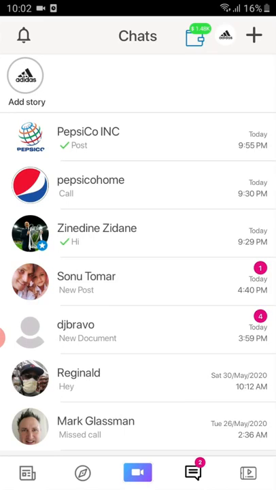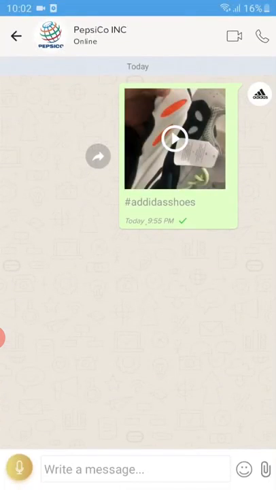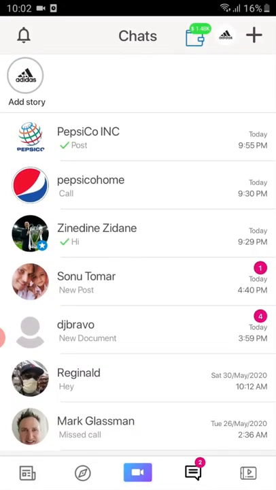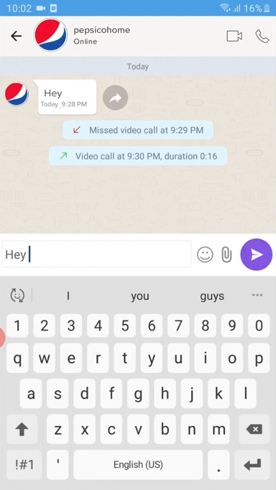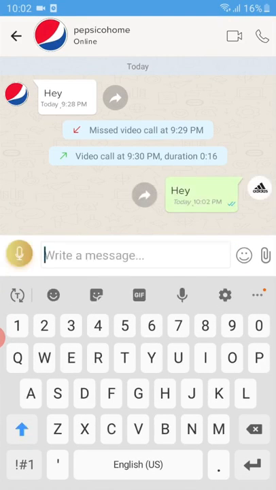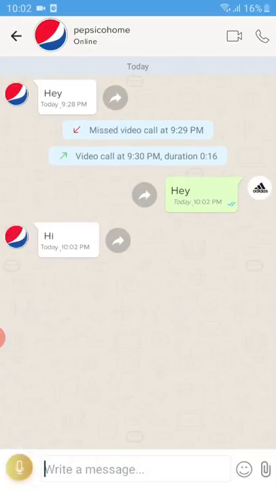So we also have an integrated chat feature on the app. The chat feature is a lot like WhatsApp. So when I click on the chat, PepsiCo is a user I've been chatting with. Let's say I'm chatting with PepsiCo Home, right? So I can always go send some messages to PepsiCo Home. This is completely real time. They would receive notifications. I see the delivery report. The double blue tick basically means that the other user has received the message.